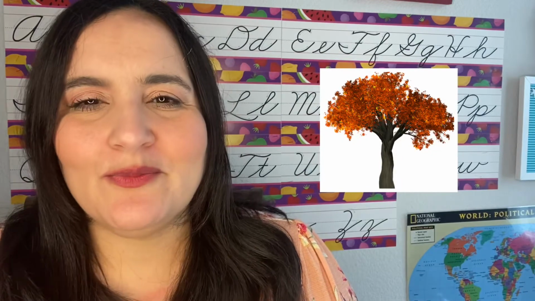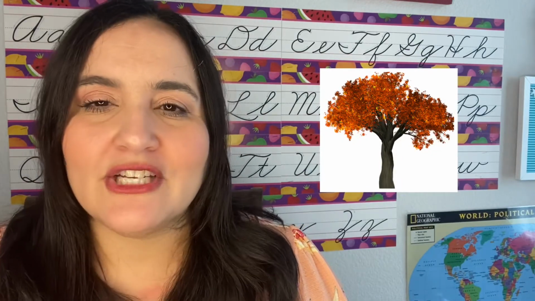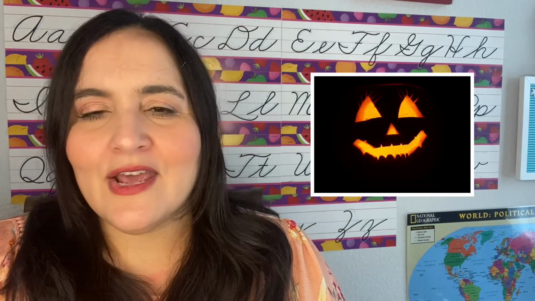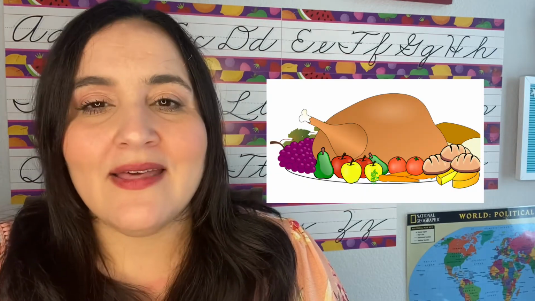Fall is one of the most beautiful seasons of the year in which trees change color, they shed their leaves. Also, temperatures cool off, and it begins now in September 22nd and it will finish by December 21st or so. There's two major celebrations or holidays that we have during the fall season here in the United States. The first one being Halloween in October, and then in November we have Thanksgiving.